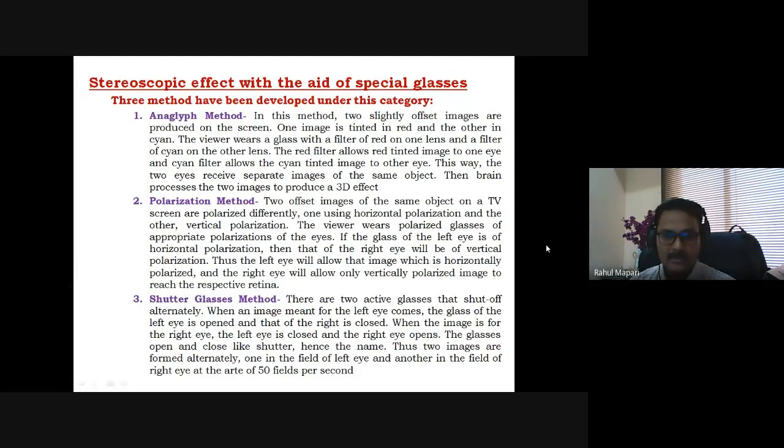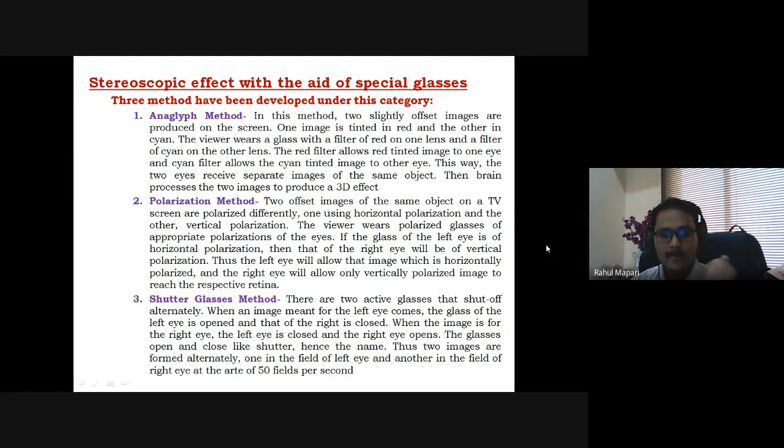If the glass of the left eye is of horizontal polarization, then that of the right will be of vertical polarization. So the left eye allows the image which is horizontally polarized, and the right eye allows the image which is vertically polarized.